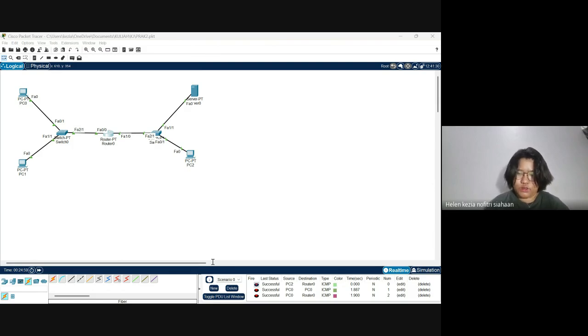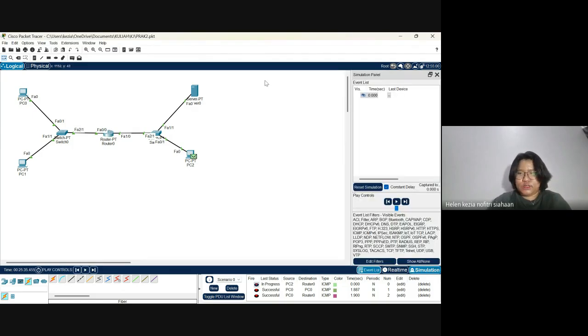Then you can type down the interface FA0/0. Then IP access-group. Yep. After we do this, you can see here, when you do the simulation, it will be sent to the router. It will say it was successful, if I did it right. Yep, like that.